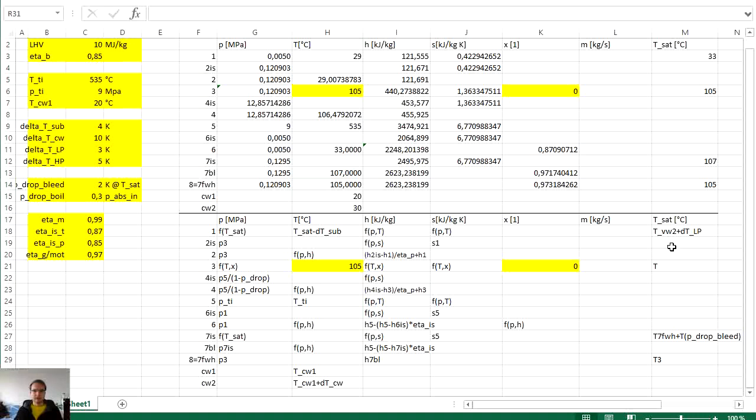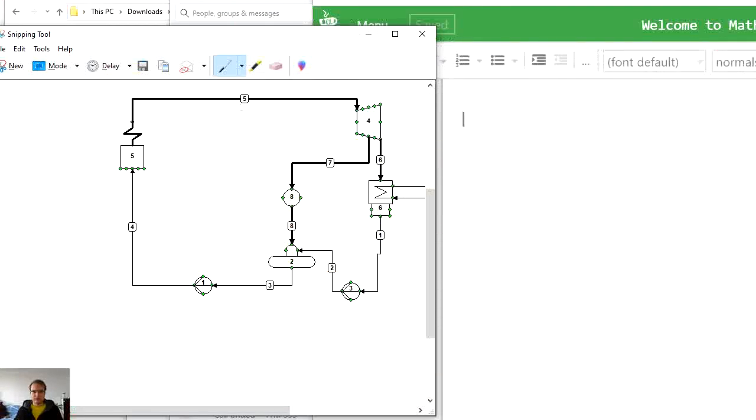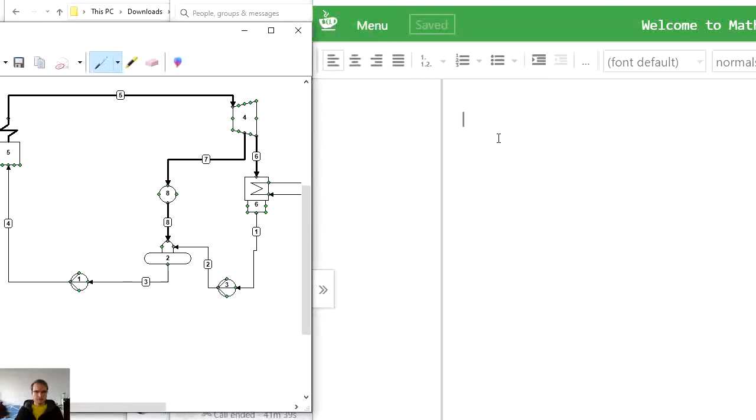So now, after solving the thermodynamic states at all the nodes of the cycle, we will need to figure out the relative mass flow rates. So for the relative mass flow rates, we will write a balance of the component number 2. So in the component number 2 we have mass balance in the following form, where